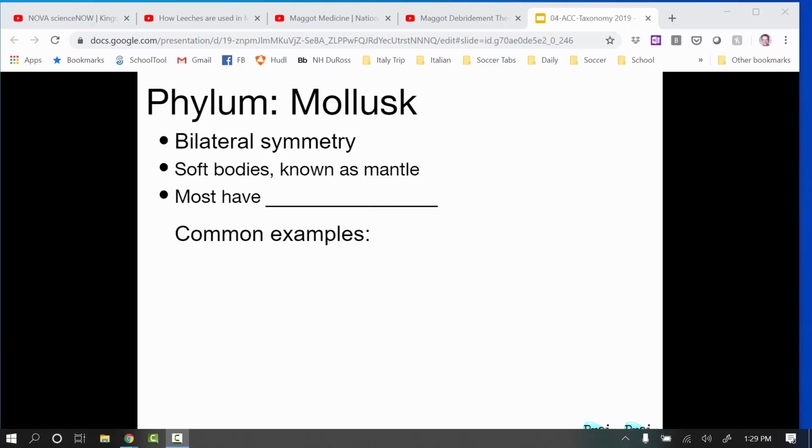All right, mollusks. Is anyone familiar with a mollusk? You probably are, yes, because probably you have eaten them. Mollusks include things